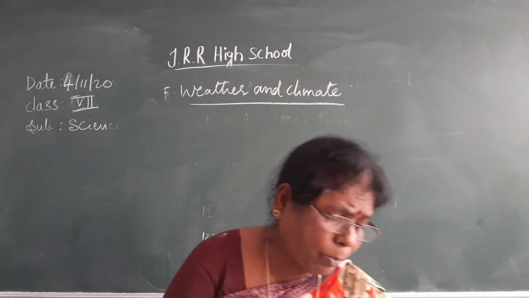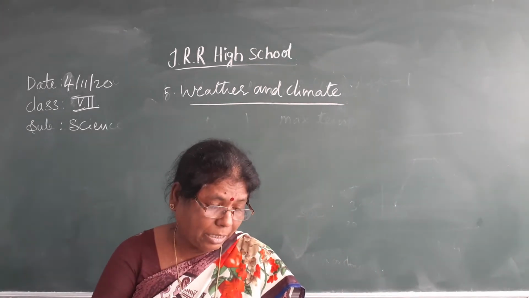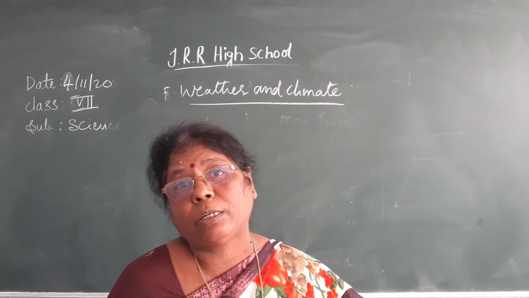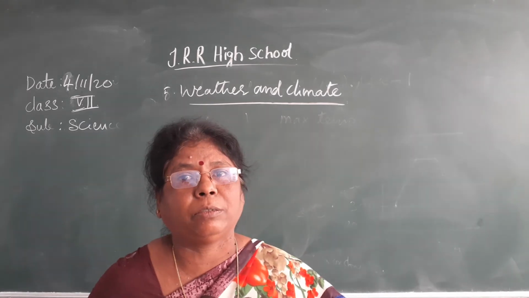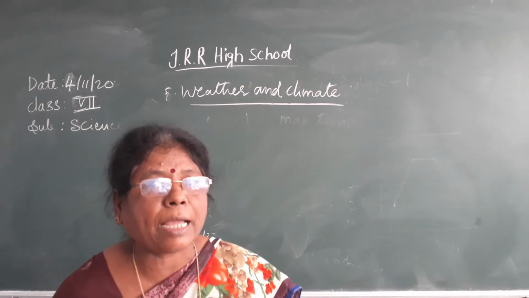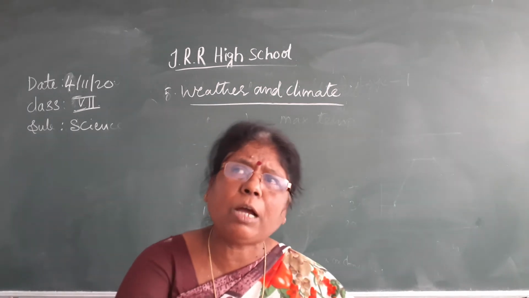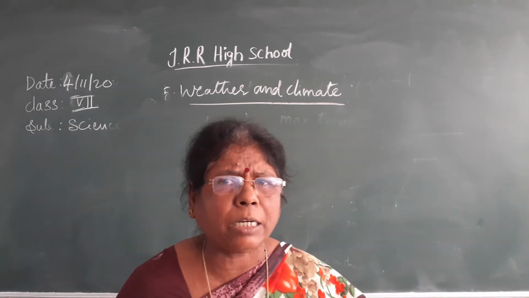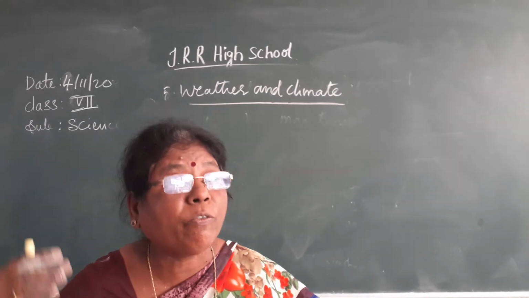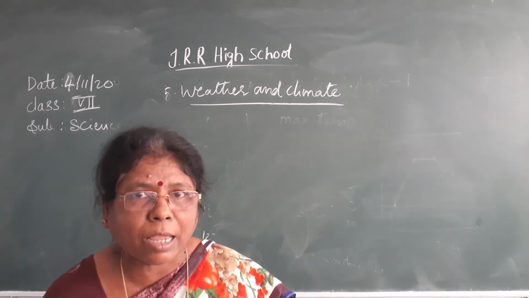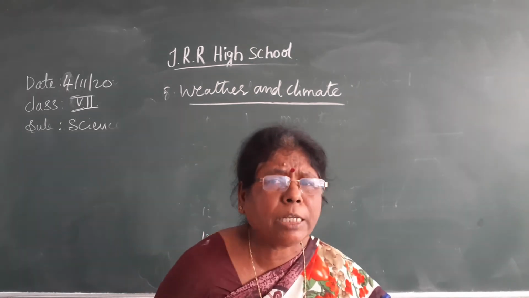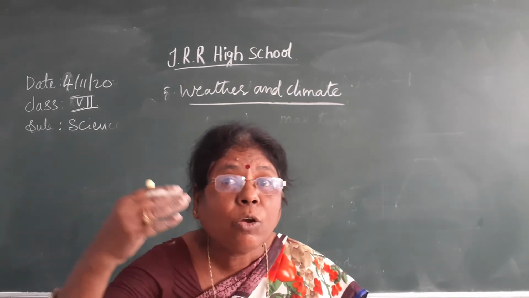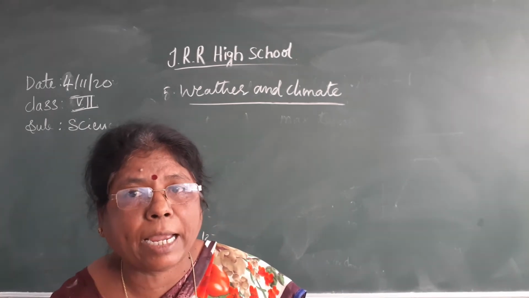So which report explains what will happen? Here the first report shows you the future weather. Future, what is going to happen? That is called weather forecast. Future means not a year or 2 years, but within a day. Suppose rains started, another 2 days there will be heavy rainfall. That is a forecast. If it is winter season, the temperature is going to decrease for 2 more days. That is a forecast, isn't it?